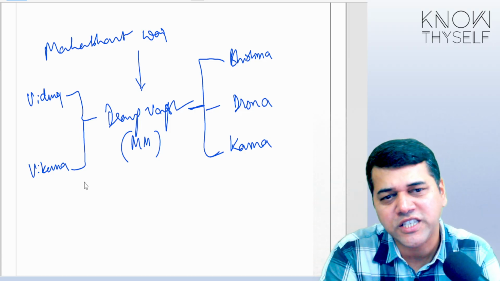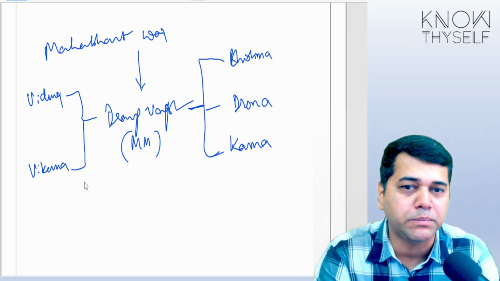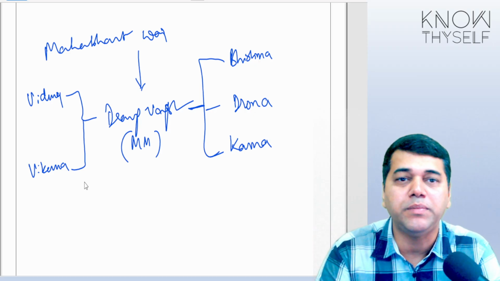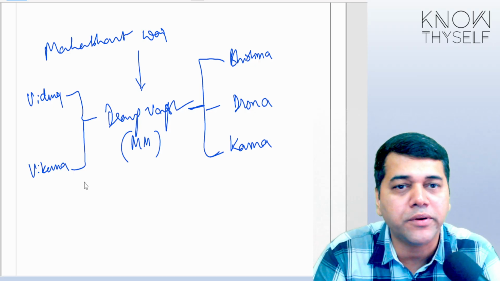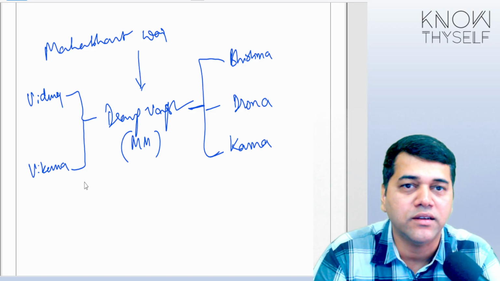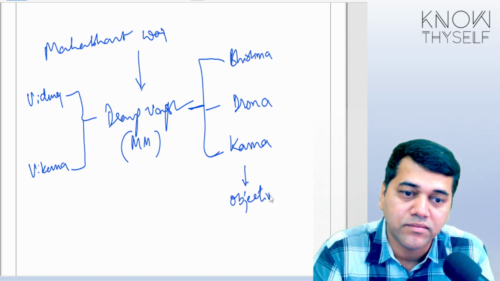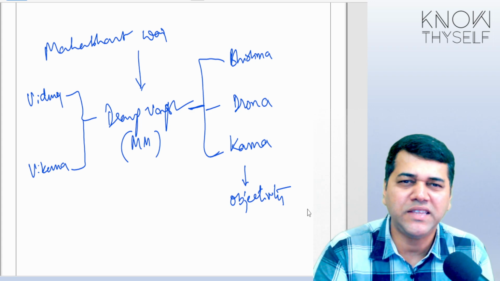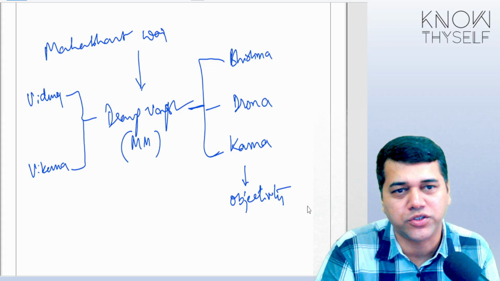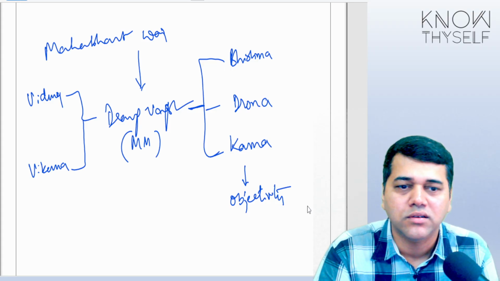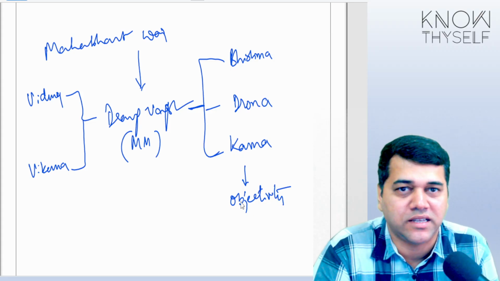But you tell me, students, despite this five set of people, why were they not able to prevent it? They were all the internal people who could have prevented it. They did not prevent. Why? What were they lacking? See, primarily, these people were lacking something called objectivity. Their judgment, they got confused. They got confused about their role. They were biased, I can say.